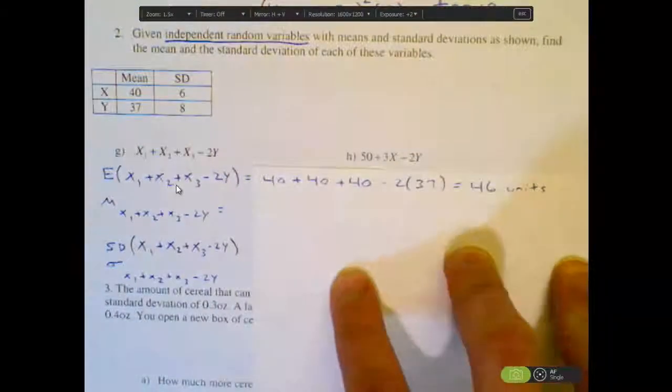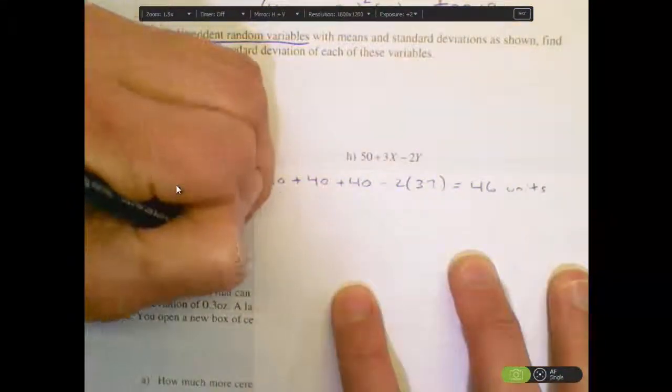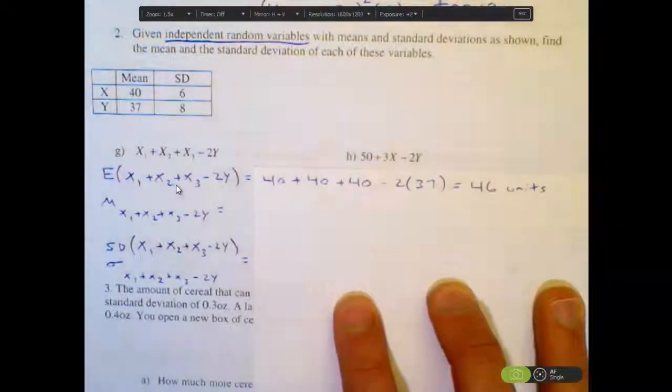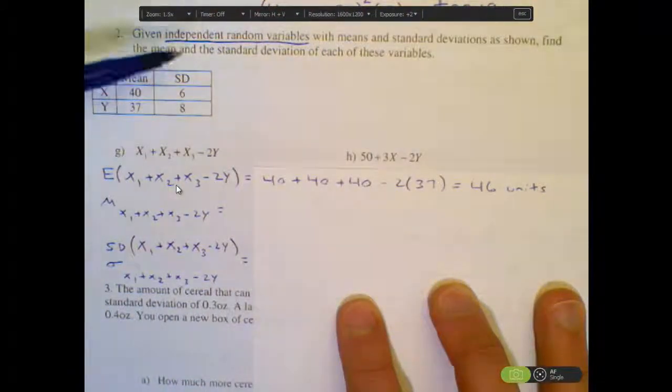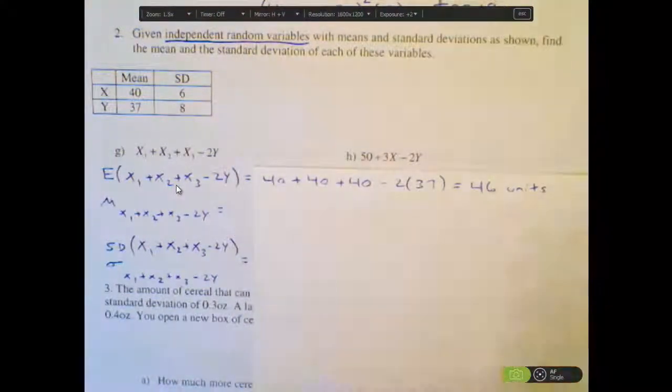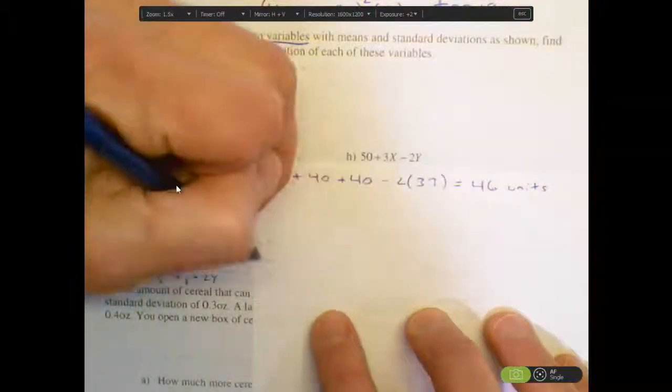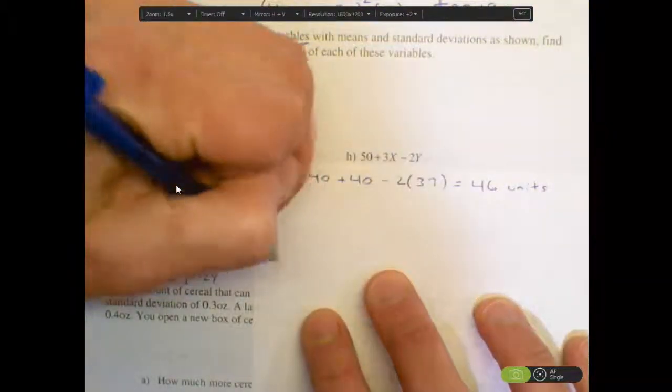Either notation is appropriate. In either case, this goes back to the whole idea of the Pythagorean theorem of statistics and the idea that I have independent random variables. In order to do this calculation, I need to add the variances. So what this is going to entail is